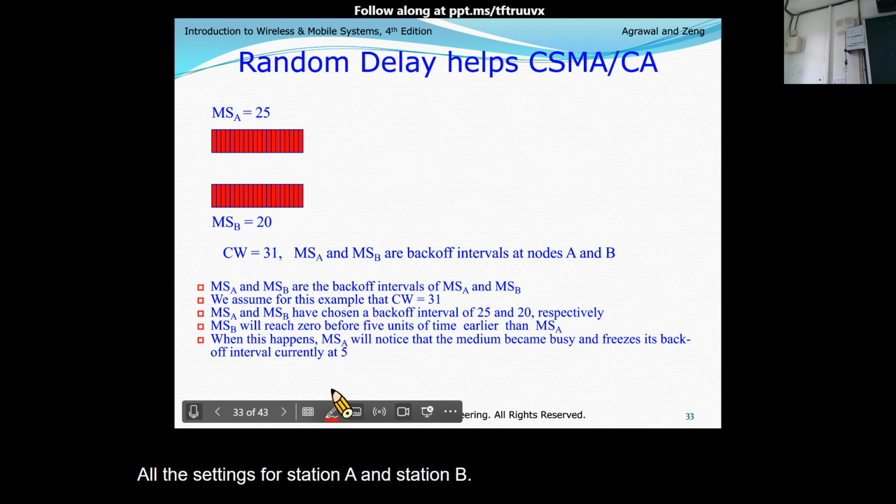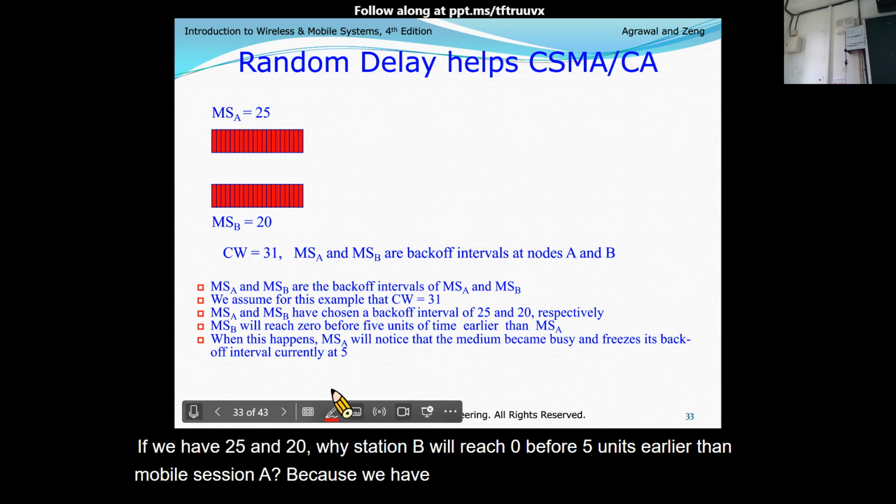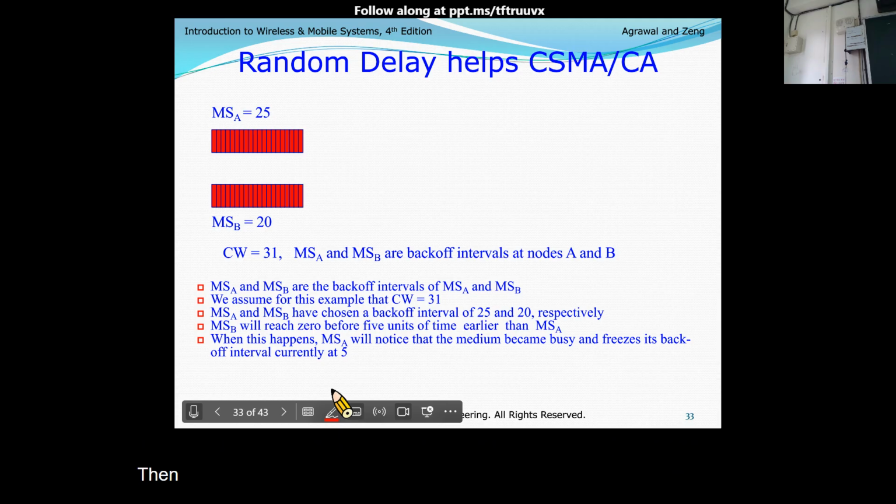Well, if we have 25 and 20, why will station B reach 0 five units earlier than mobile station A? Because we have the same condition. If the channel is busy, the window will freeze its countdown when the channel becomes busy.